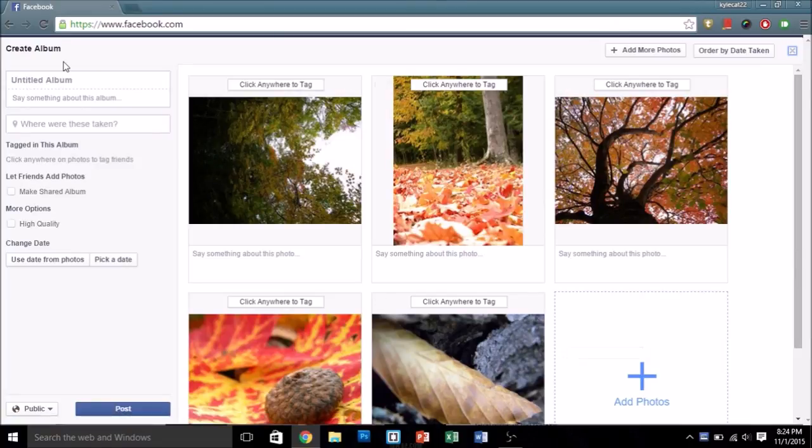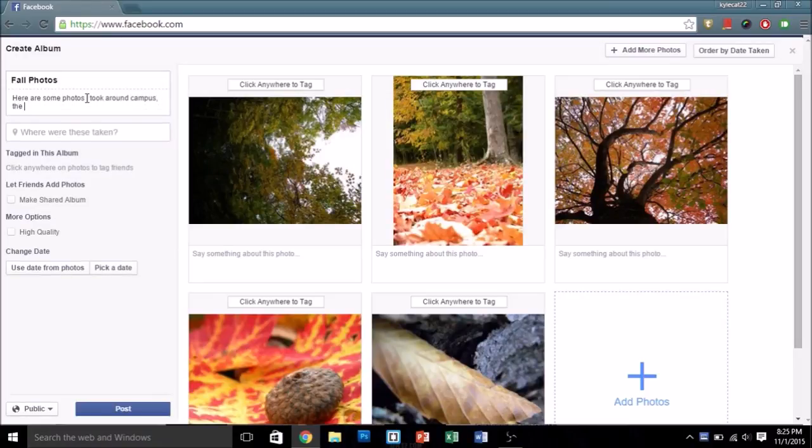Up in the top left corner here, we have a box that has two halves of it, divided by a nice little dotted line. The top box is to name the entire album. Let's just say, for this one, we'll say Fall Photos. And then the bottom box is for an overall description of what the album is, or maybe why you took them. For this demonstration, we'll say, here are some photos I took around campus the fall